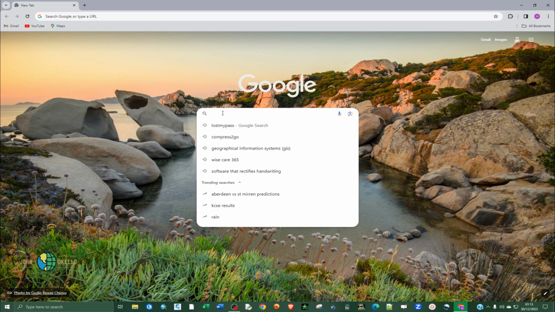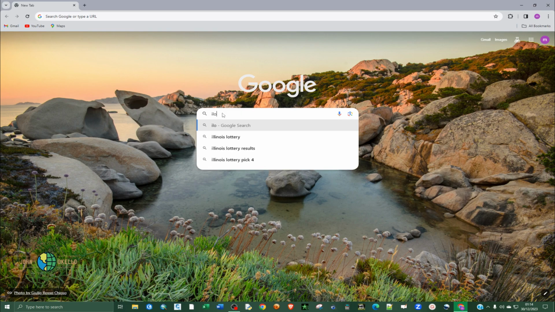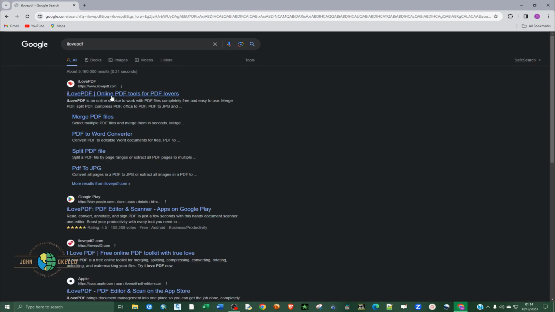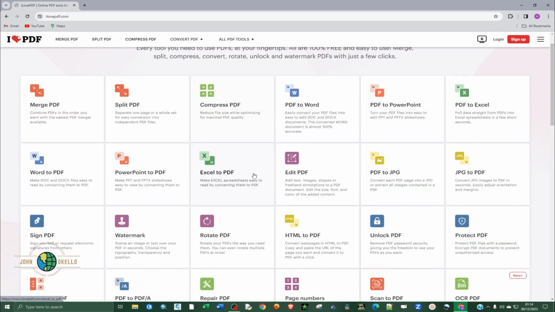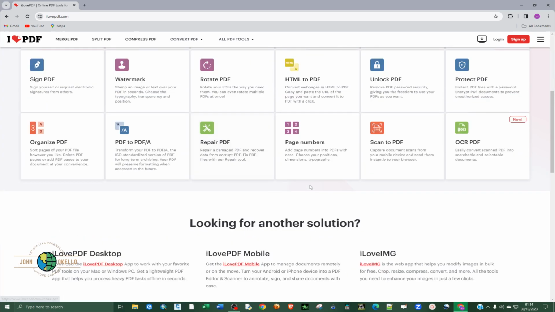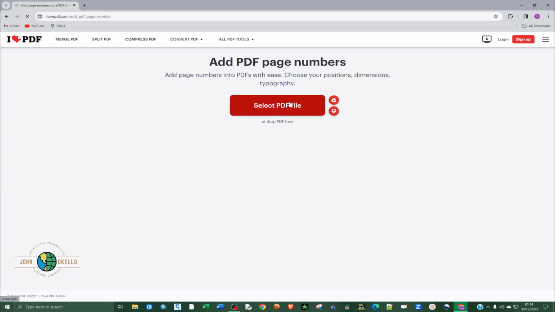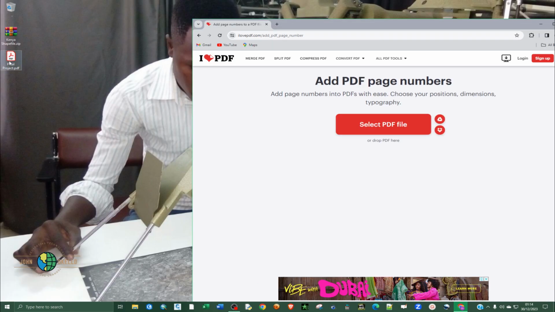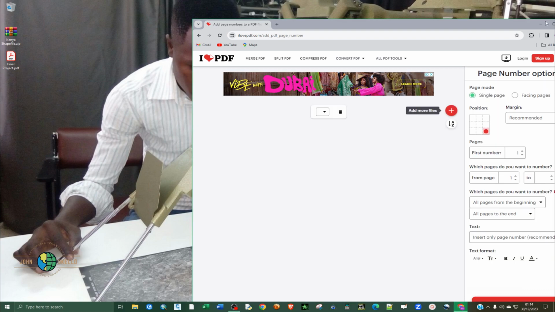We are going to open a web browser, Chrome. Then I'm going to type in I Love PDF. I'll provide a link to this website. Once you land on this web page, just scroll down to the tool Page Numbers. You can either select a file from the desktop, or you can simply drag and drop. So I'm going to use an easy way. I'm going to drag and drop that particular PDF,